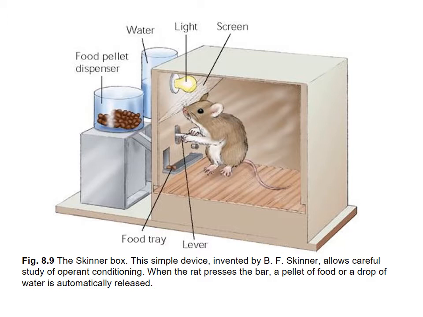Here you see a conditioning chamber, also known as a Skinner box, created by B.F. Skinner. Skinner wanted to control absolutely the environment in which its subjects were in, and also to be able to control when and how the subjects got reinforcements, and also at times punishments. Knowledge of what this conditioning chamber or Skinner box looks like will help you on the quiz.